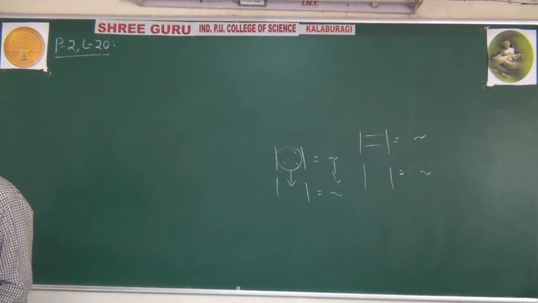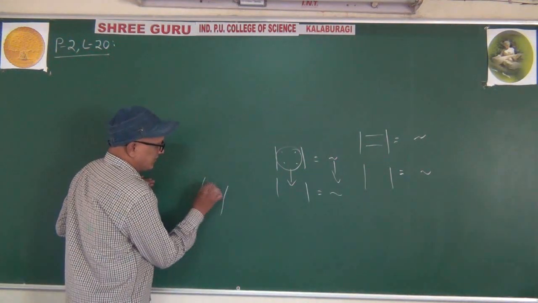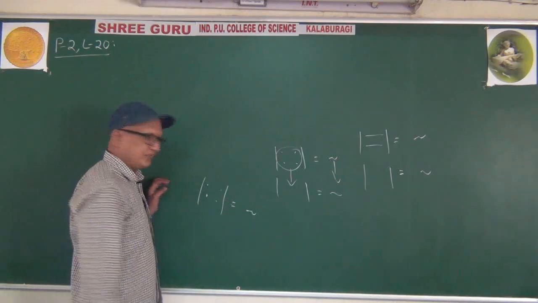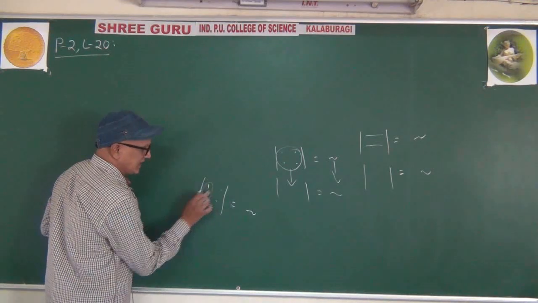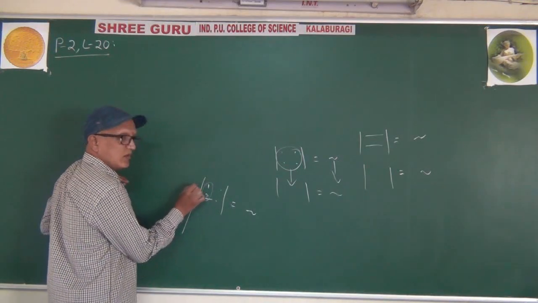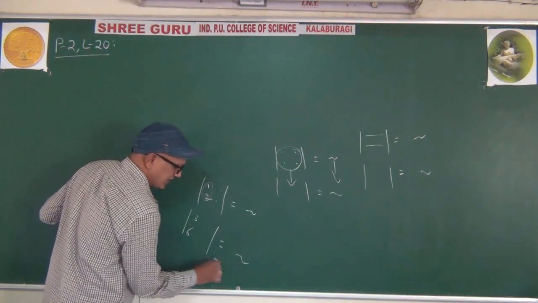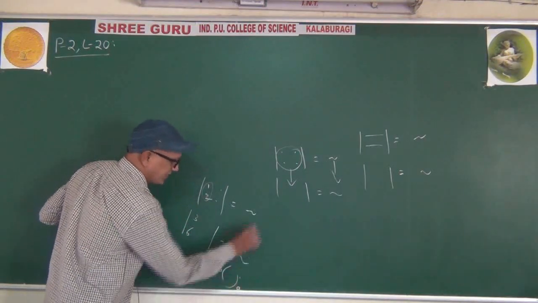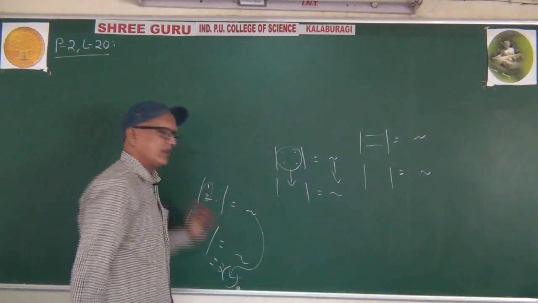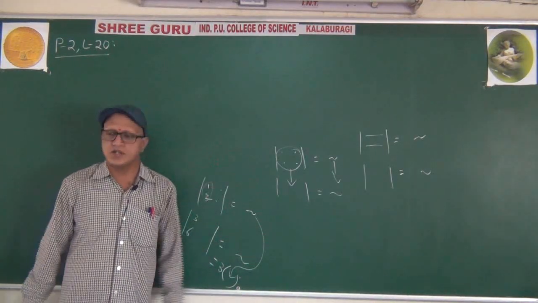What is the fourth property? If each element of a row or column is multiplied by a constant k, its value is multiplied by k. For example, if you multiply the first column by 3, 3 1s are 3, 3 2s are 6, whatever answer we get here, we multiplied with 3, so it is 3 into whatever is here. Roughly I am explaining all the properties.